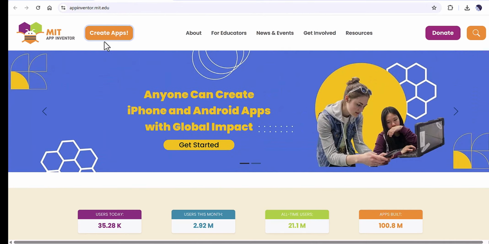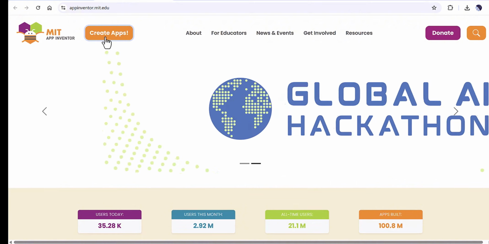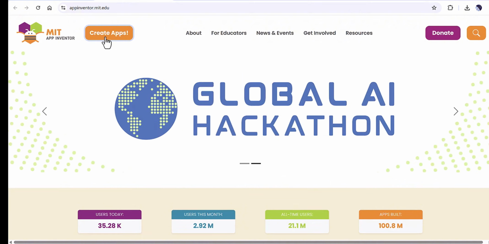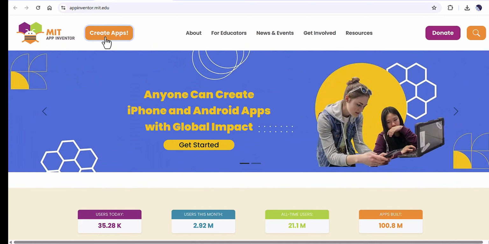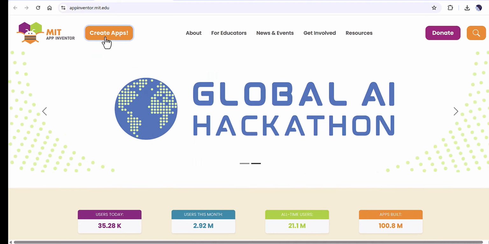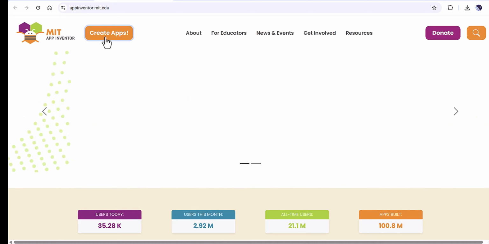After that, you have to click on create app, and it will navigate you to create your account. If you already have an account, you can use your Google account, or if you don't want to use your current Google account, then you can create your own credentials. For me, that's the case. I will use my Google account, and then